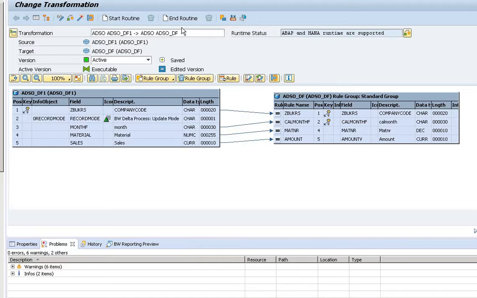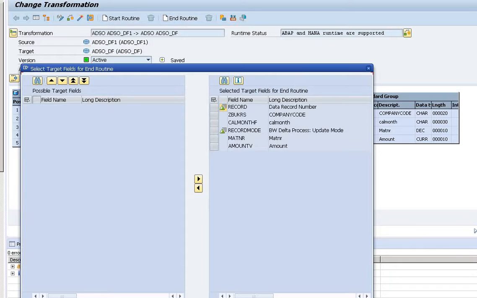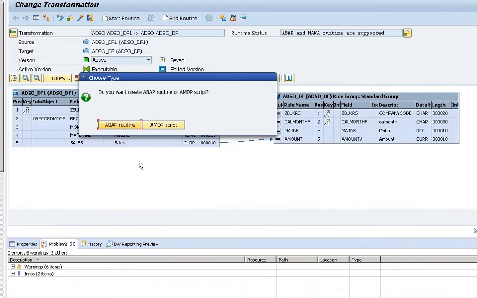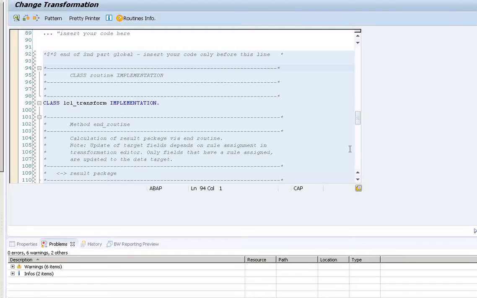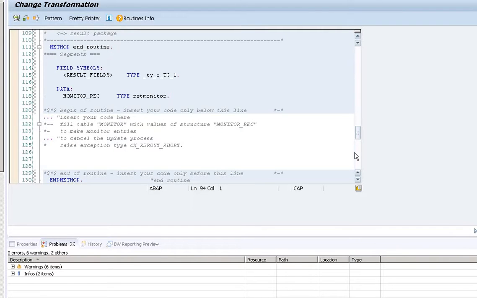In order to create the routine, we have this option here. Click on end routine. Here I have two options, ABAP routine and MDX script. Today I'm showing the ABAP routine. So this is the space in which you have to write the routine.